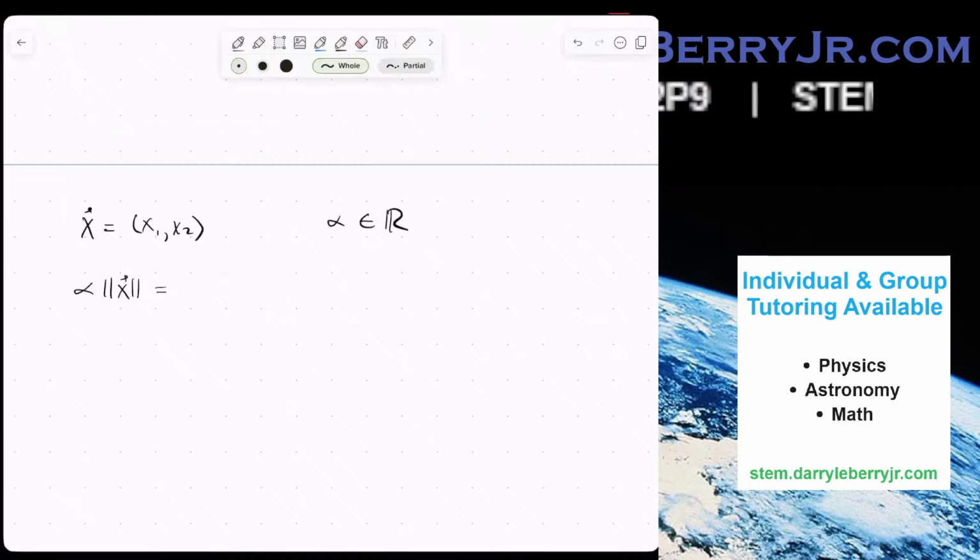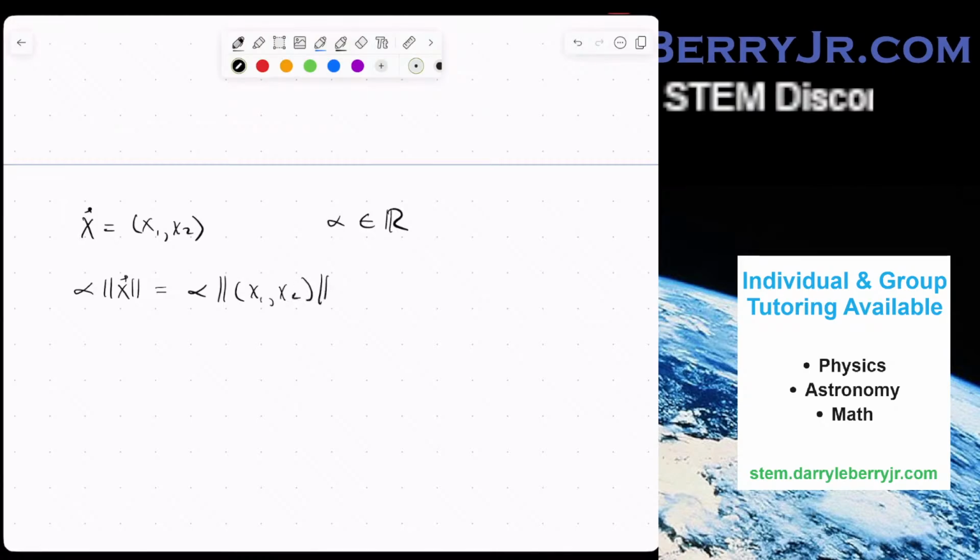Now, I'm going to add a few steps here. This is like saying alpha, the magnitude of x1, x2, which equals, so apparently we can just distribute the scalar inside, which makes sense